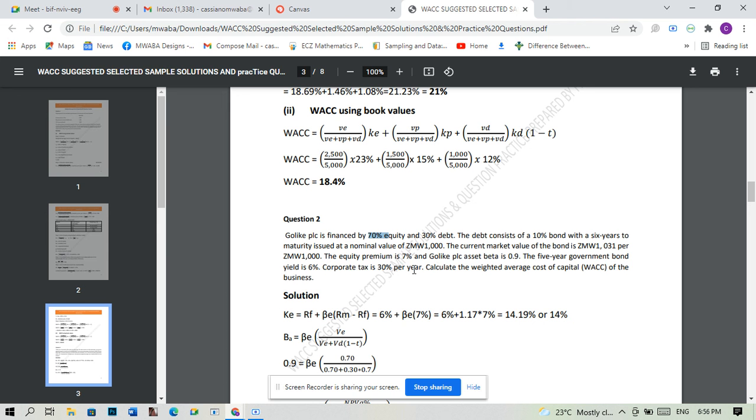Okay, so whenever you hear terms like asset beta, equity premium, you have to know that you're going to calculate your cost of capital using the capital asset pricing model. The capital asset pricing model shows the risk in relationship to expected returns. Okay, the risk in the market in relationship to expected returns. Expected returns are also called cost of equity, so they're interchanged. So the CAPM formula of the capital asset pricing model is